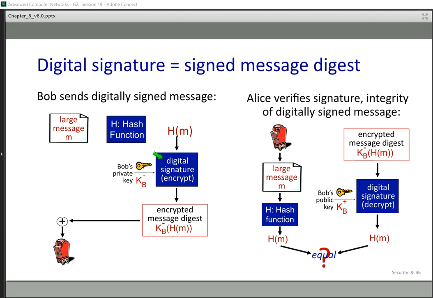Okay, during the last lecture, we talked about digital signature, and we showed that if we use a hash function here, we can find a hash key that comes from this message, and then we can encrypt that hash key. Finally, the message is sent plus this encrypted hash result.